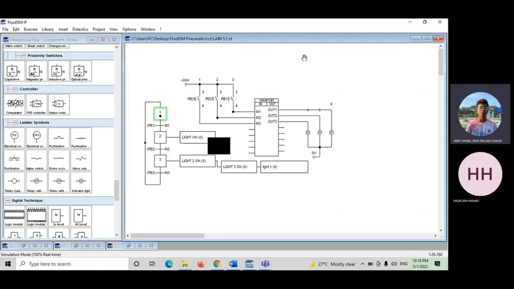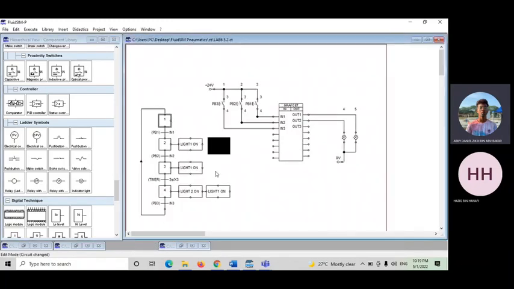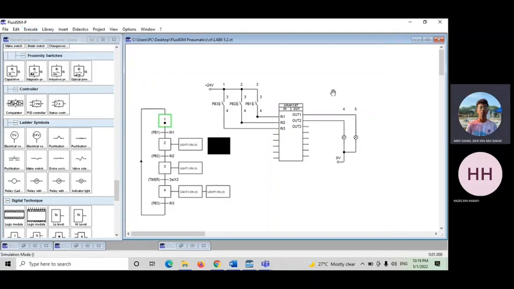This is because, if you can see here, the transition at PB3 and in3 will go to the step 1, which is the initial condition. Okay, so that's for the exercise 5.1. So for the exercise 5.2, the question asks us when pressing PB1, the light 1 is on. After that, if we press PB2, it will delay for 3 seconds and then the light 2 is on. After that, if we press PB3, the system will off.